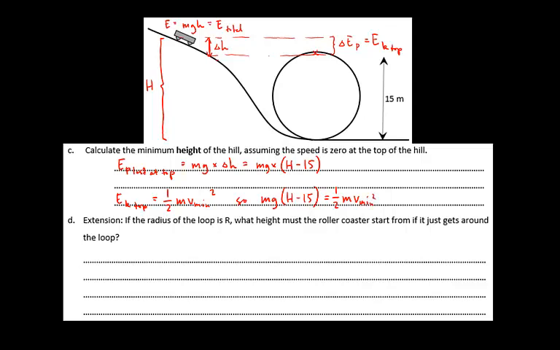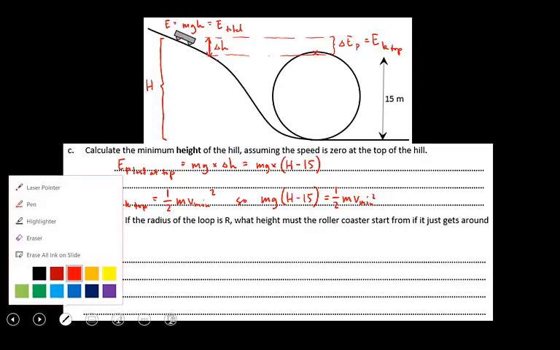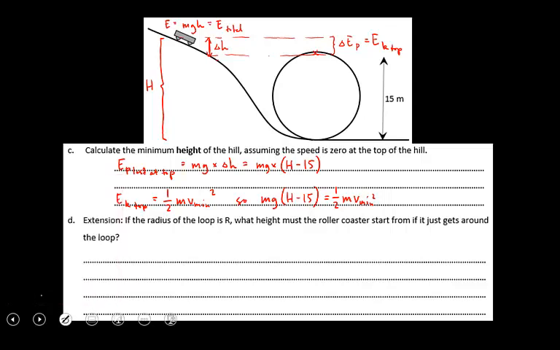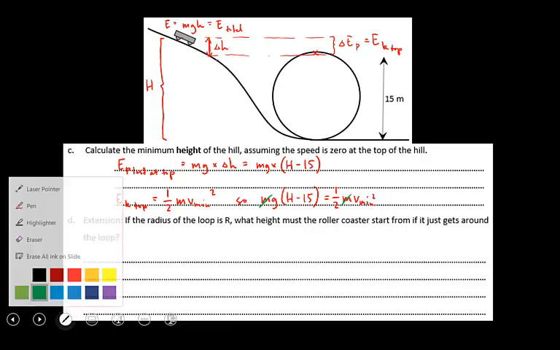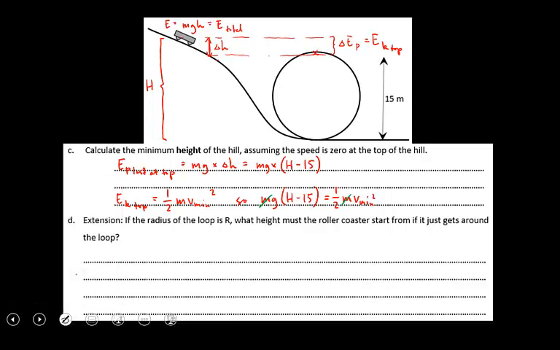And now you can see that we can cancel these m's. We weren't given a mass, remember? So conveniently we can cancel those m's. Now we know g and we know v, so now we can find H because it's the only unknown. So let's do that at the top there. So rearranging this, we get H minus 15 is equal to